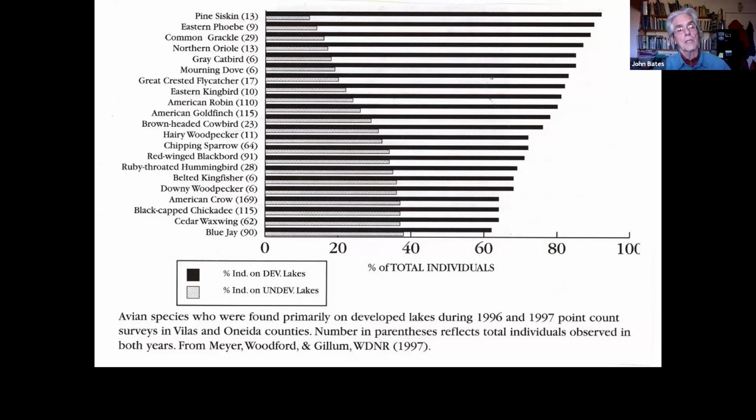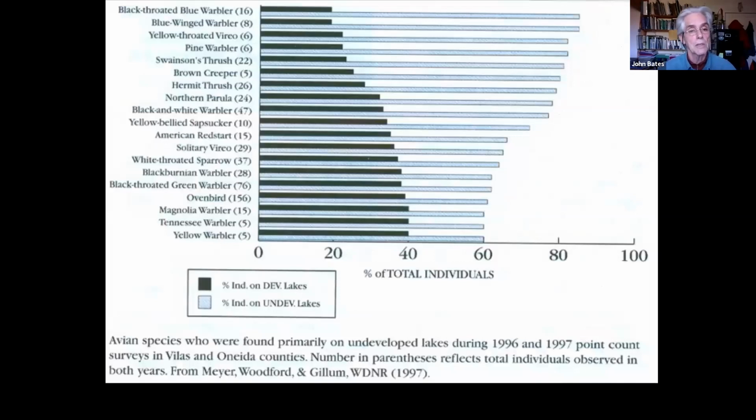So you'll see birds like robins and mourning doves and brown-headed cowbirds and chipping sparrows and so forth on the developed lakes. And on the undeveloped lakes, I apologize for the bit of blurriness in this, you'll find birds that are ground nesters or shrub nesters or high old growth tree nesters or cavity nesters, a very different constellation of birds. Same number of individuals, more or less. So if you're living on a developed lake, you'll still have birds, but you'll have a very different array.